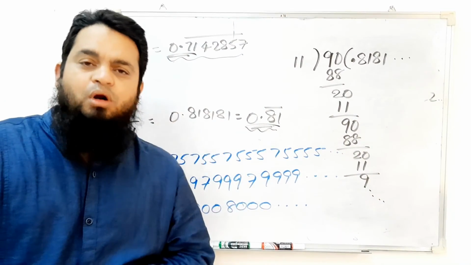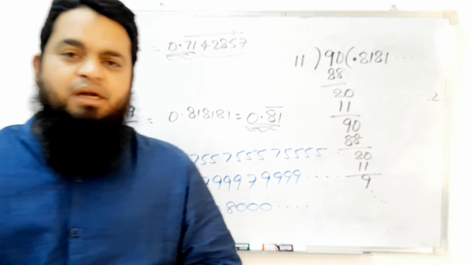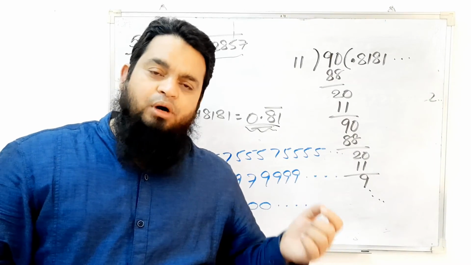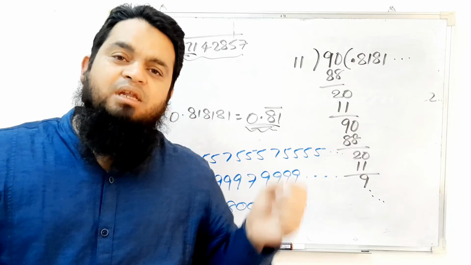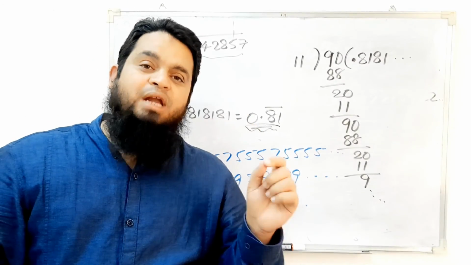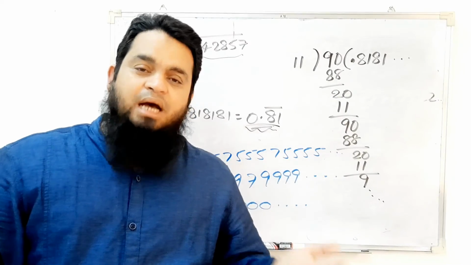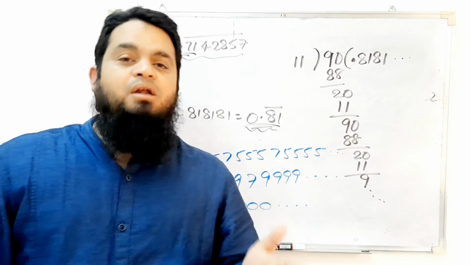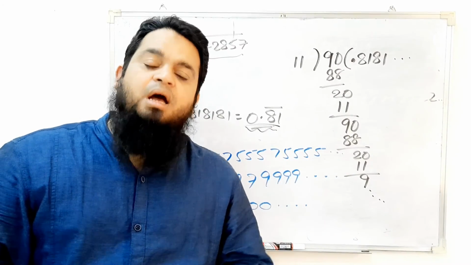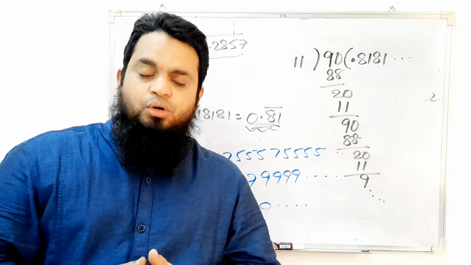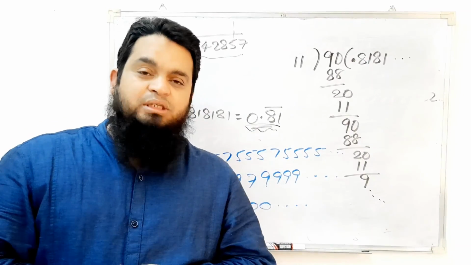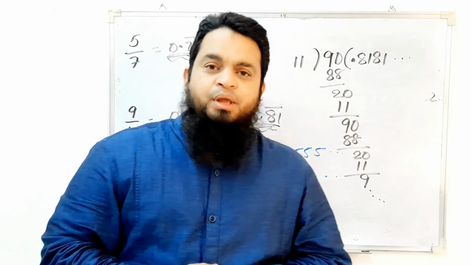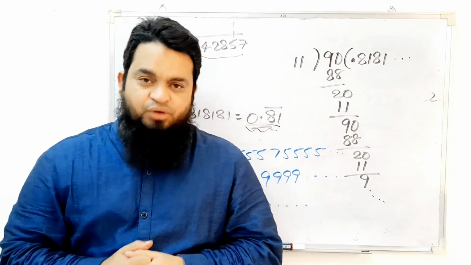So in this video, what is the concept we have studied? We have studied that whenever the denominator has only the prime factors 2 and 5, then you get terminating decimals. And if you get any other number, then you get non-terminating decimals, sometimes repeating and sometimes non-repeating. So I hope you understand the concept. This is the concept which you have to remember. So let us meet in the next video to see the last problem of exercise 3.